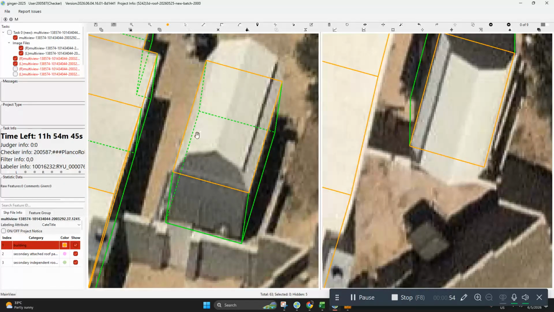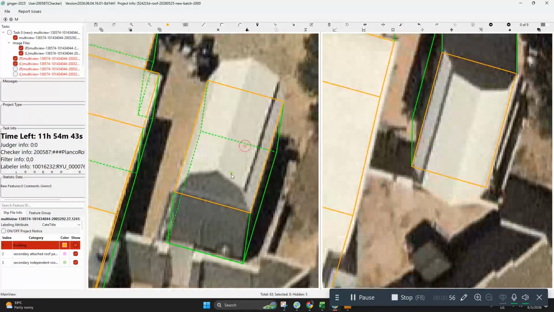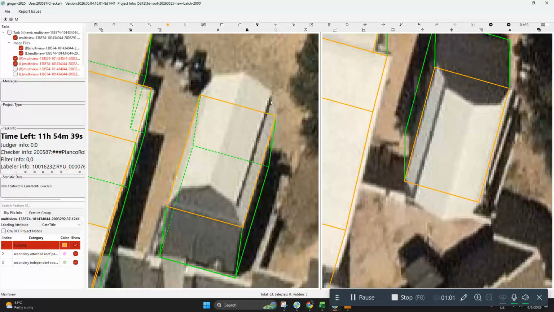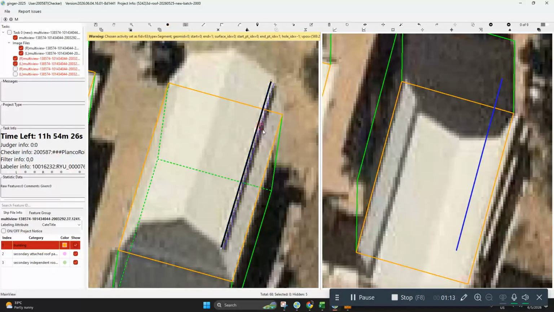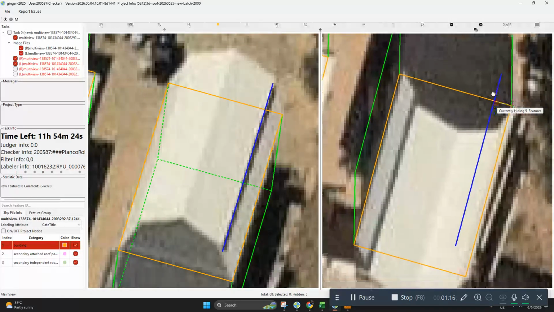Next, for this one, we have four roofs or three ridges. So first, we need to draw this part first. So the first ridge. When doing so, let's draw and then adjust.